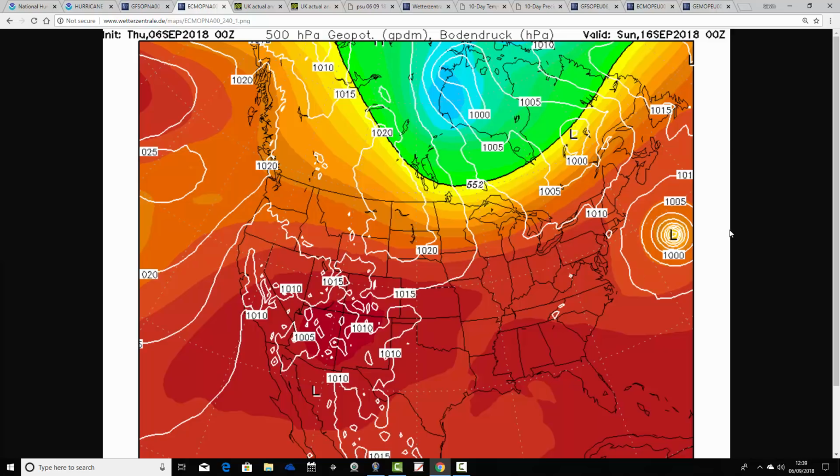America, might get caught up in the jet stream at that point as it recurves back out into the Atlantic, and maybe will bring some sort of impact for the UK and for Europe into the third week of September. Of course, it'd just be an area of low pressure and not a hurricane, but it might have some impacts on the UK and European weather scene in the third week of September. We'll have to wait and see